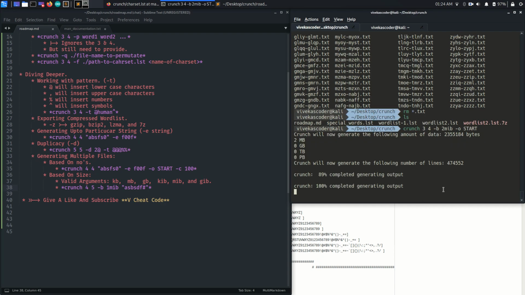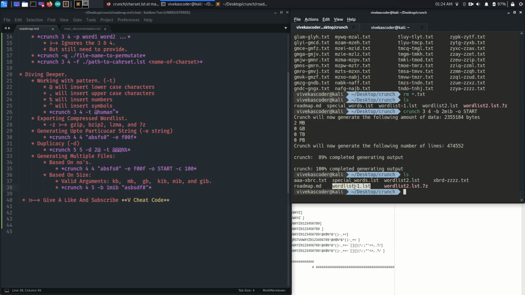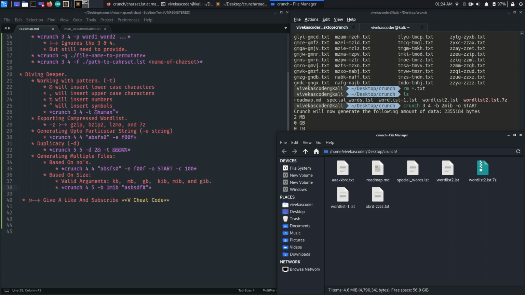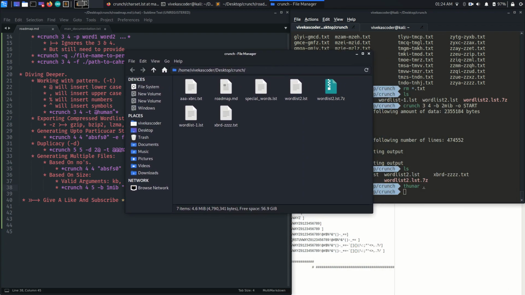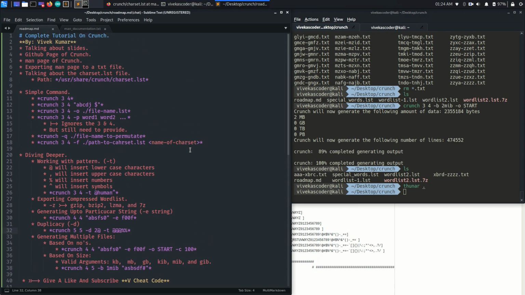This will automatically generate some files, and each of which is going to have the size of 2 MB. Let's verify it. Let's open this current folder in Thunar, which is actually the file manager of Kali 2020, right? So here we have it. Now you can see the size of the file is actually 2 megabytes, right? So it can be useful in many cases.